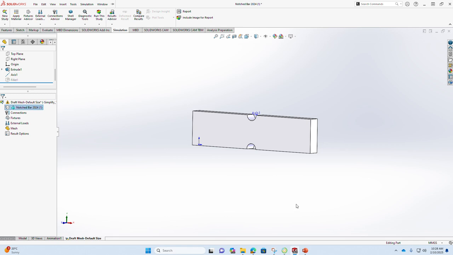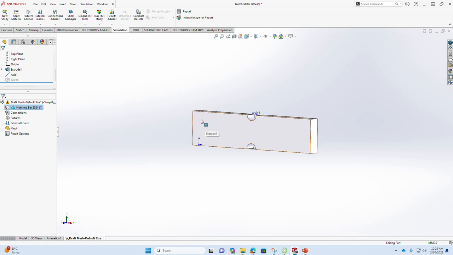Right. So now the first step in any finite element analysis is that you assign the material. Without assigning the material, the software will not understand the relationship between the stress and the strain, and because the software only uses the constitutive equations to solve for the stresses and strain at each nodal point, it will not be able to give you the stress results or any of the other results